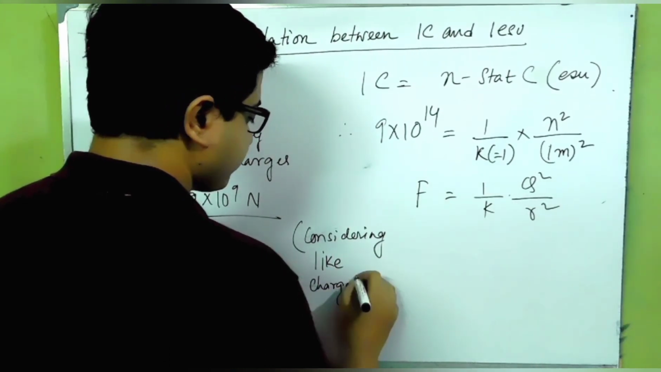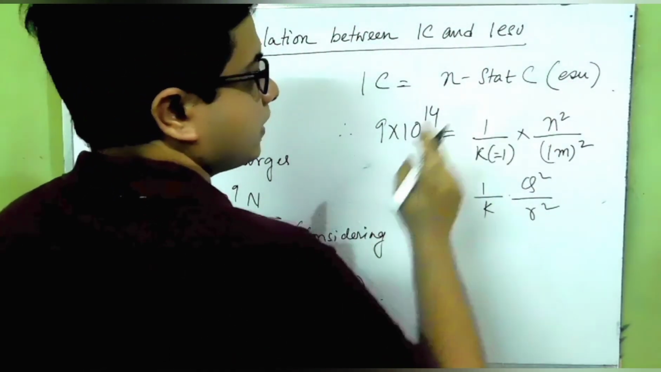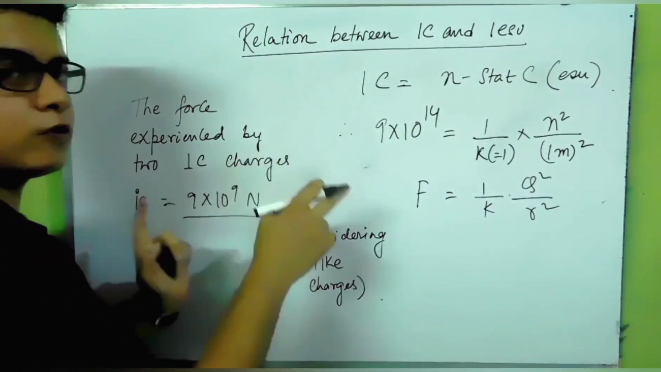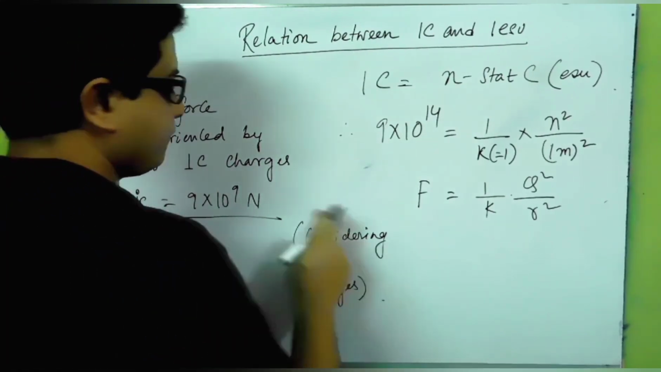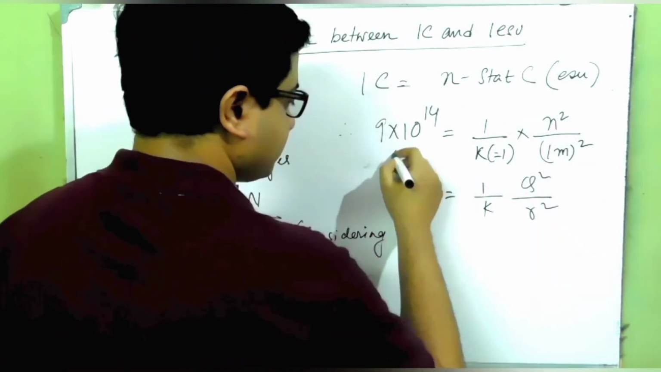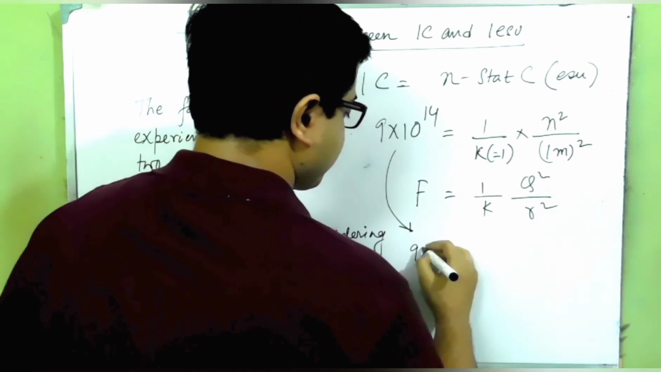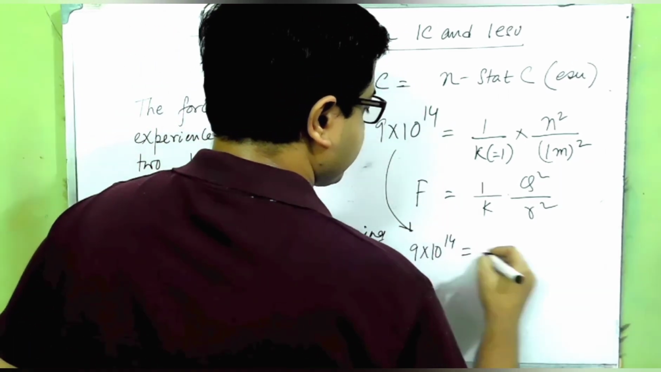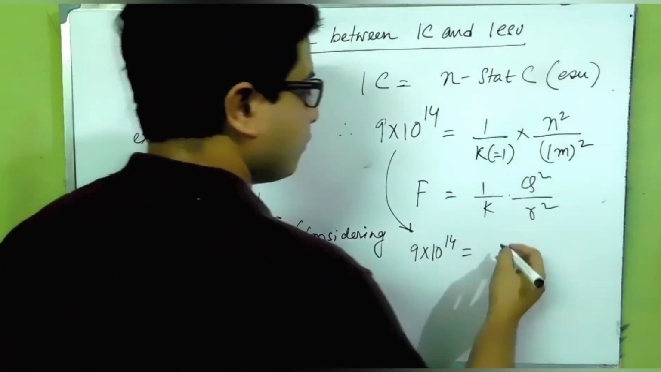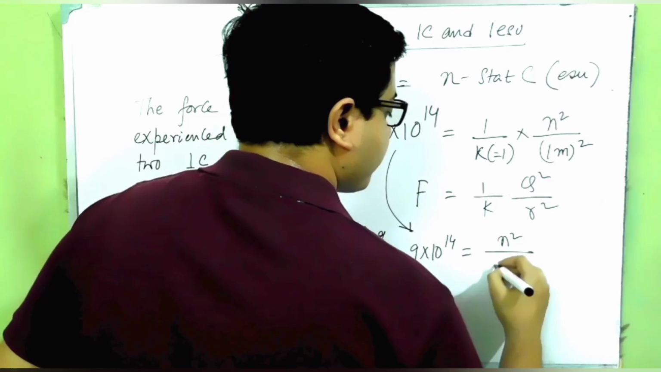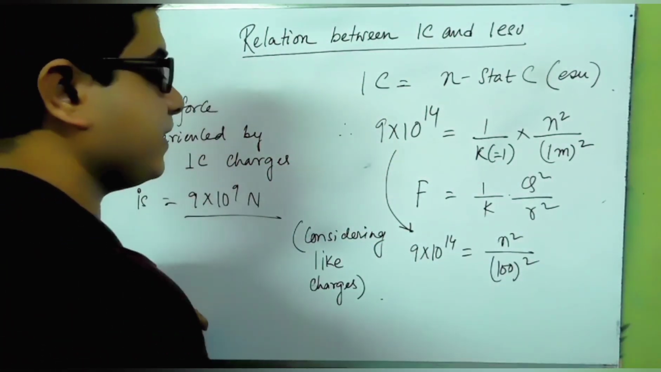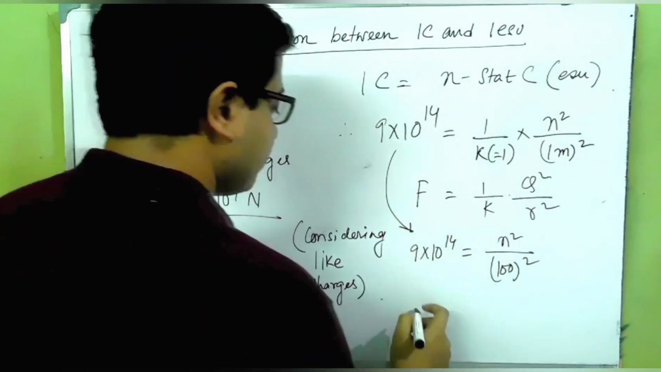So as we are considering like charges, therefore this is going to be n square, and the separation between two charges of 1 Coulomb is 1 meter. We know that for this amount of force, that is 9 times 10 to the power 9, and this force 9 times 10 to the power 14 is equal to 1 by 1, that is k equals 1 for free space, and n square divided by 100 square, because we have seen that 1 meter is equal to 100 centimeters, and multiply this with 9 times 10 to the power